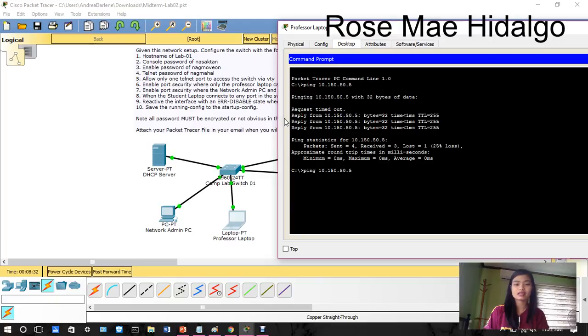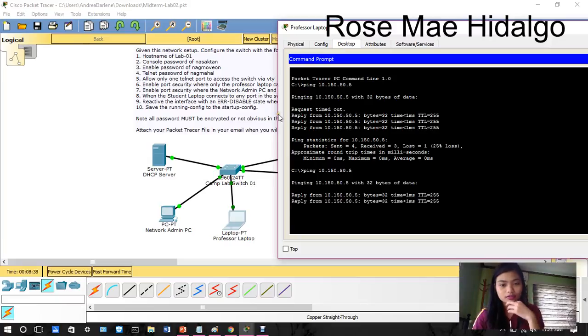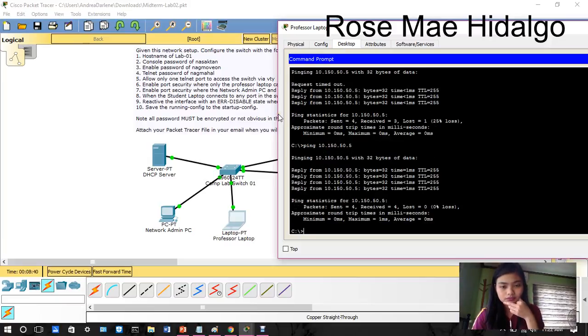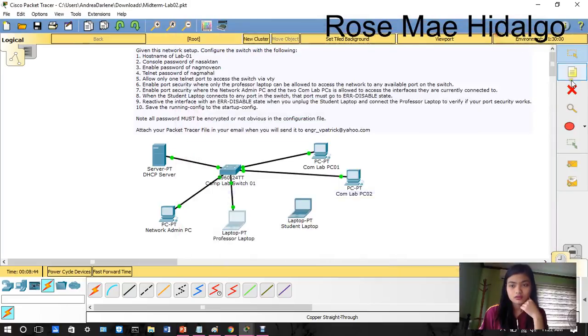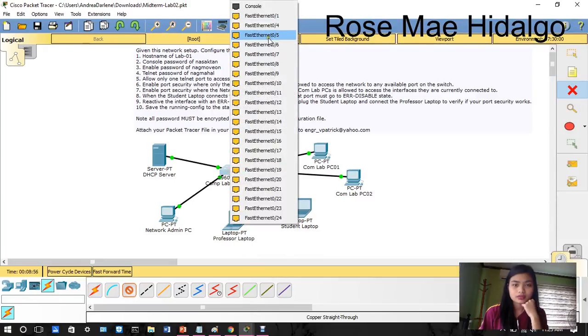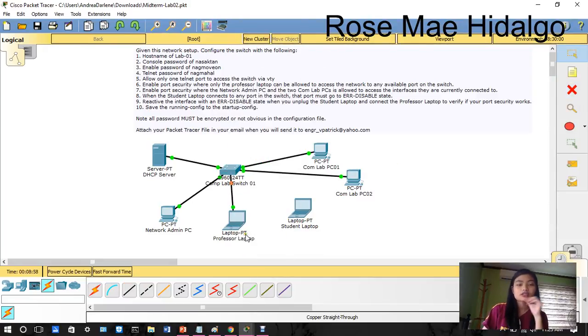Then type the ping, then the IP address 10.150.50.5, then enter. So as you can see, then next, do it the same. Next, number 5. So we need to wait again.